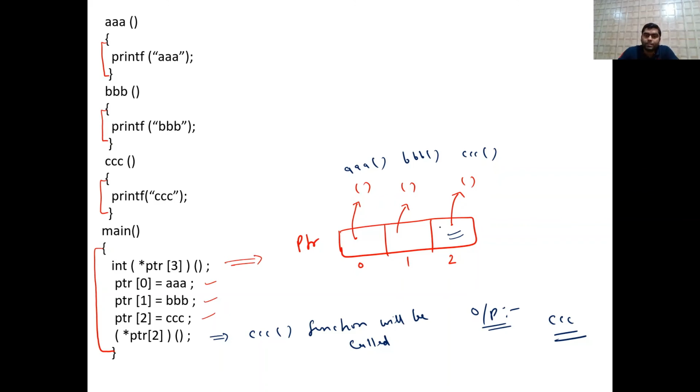And what is this PTR? So here PTR is an array of what?